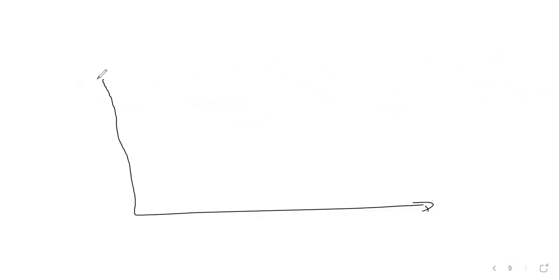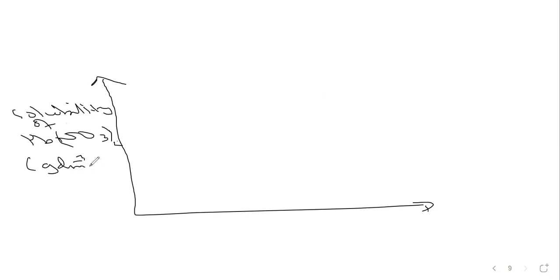On this graph, I have solubility of lead 2 nitrate in grams per liter. That's on the y-axis. On the x-axis, I have concentration